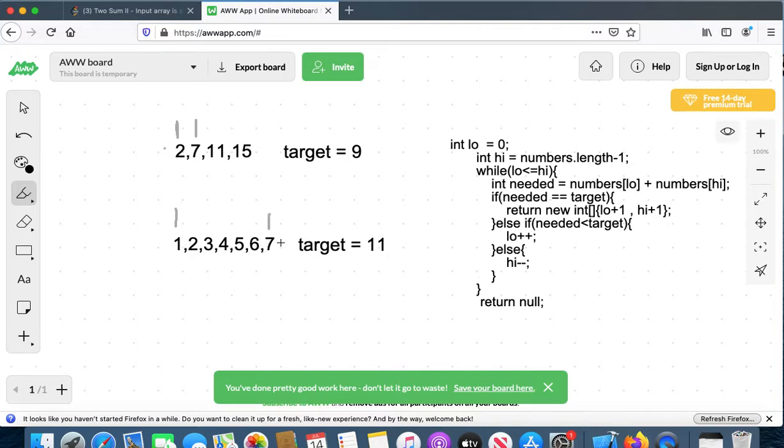So 7 plus 1 is 8, less than 11. So we need a number that is greater. So what we do is, this time we move the left pointer towards the center. And try again. 7 plus 2 is 9, still less than 11. So we move the left pointer again. 7 plus 3 is still less than the target, and we again move the left pointer, and right stays where it is,